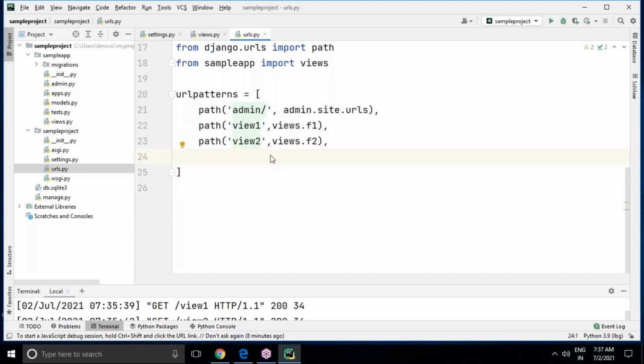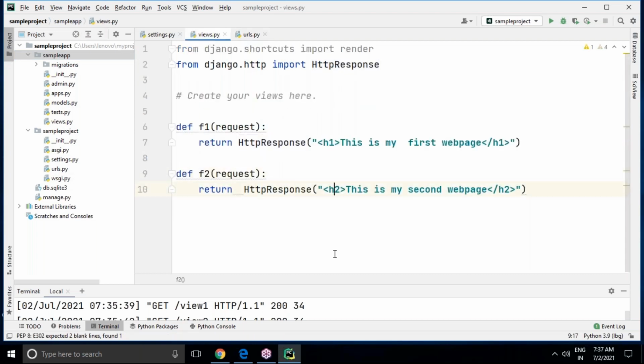It is difficult to manage, and it will be more lengthy. You cannot search which view is related to which project; we cannot find out. So the better recommendation is that you prepare a separate urls.py under your application. Then that application's URLs can be mapped to the project URLs. One time you have to include that. How to do that, I will tell you in coming sessions. Don't worry about that. As of now, this is the way to prepare views and work with them.